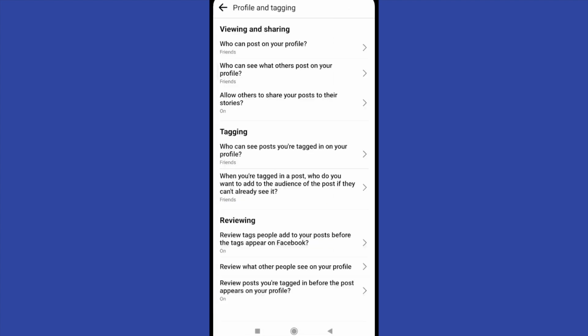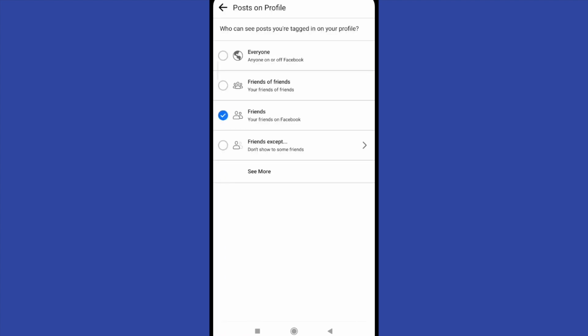This is important too, because in tagging there is an option that says who can see posts you're tagged in on your profile. So if you click on it, there are going to be different options like everyone, friends, and if you tap on see more, there is going to be also that option, only me, with the